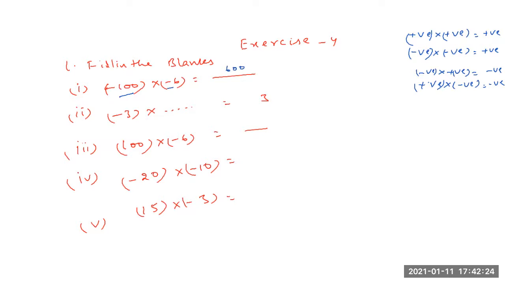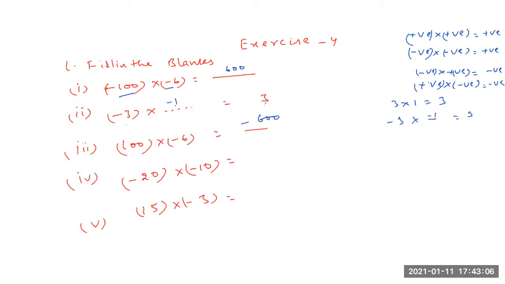That's it. Now here minus 3 into dash is equal to 3. The product is 3, the multiplier is minus 3. Here also there is a negative number. So 3 ones are 3, as we all know. So minus 3 into dash is equal to 3. So we put minus 1. Next plus into minus. One positive integer into one negative integer is always negative. So as usual 100 into 6, 600.